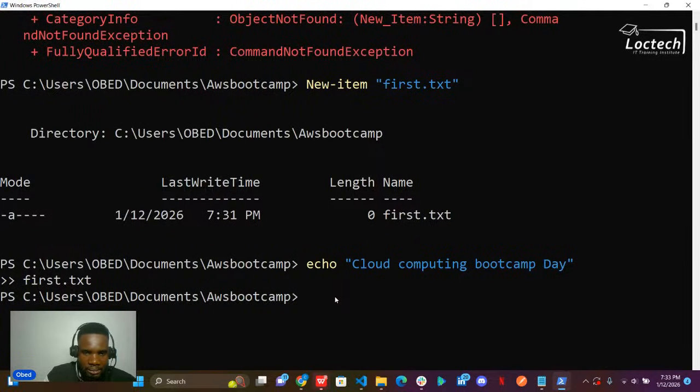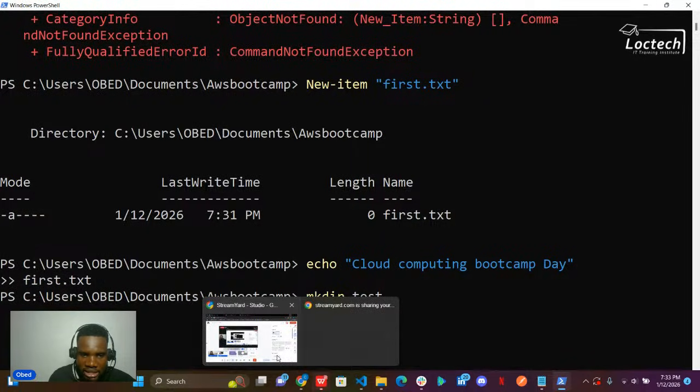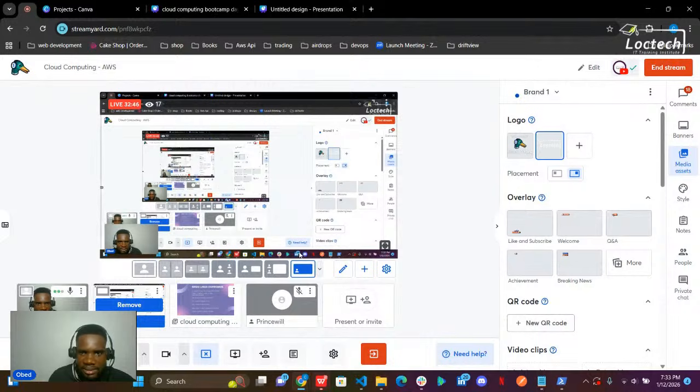Now I can create a folder. Let me create a new folder in this directory. I'll call this mkdir and I'll call this test folder. Remember, we use the mkdir, which stands for make directory. All of these are in our slides, so I'll quickly reference our slides so that you will see these commands and their use cases.